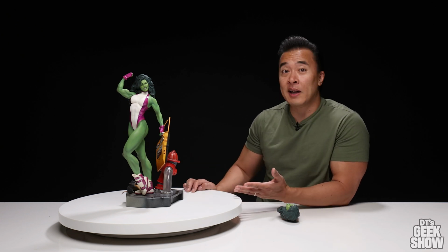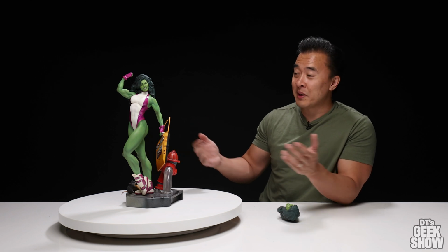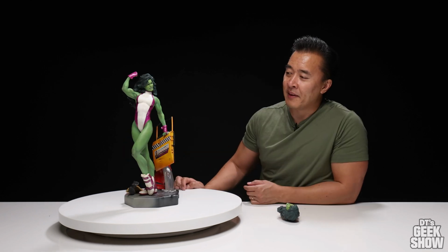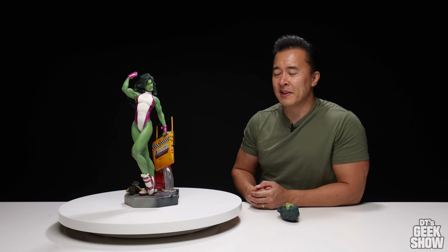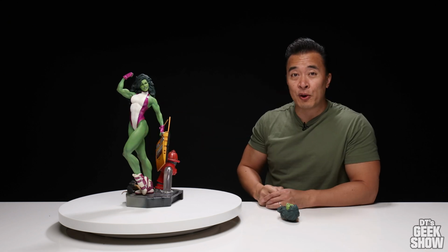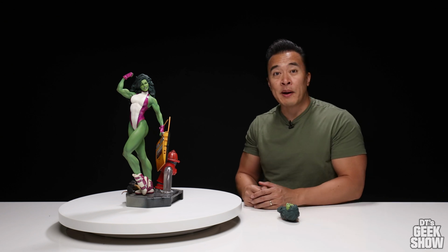So that was my Sideshow She-Hulk that has finally come out of the box after 2 or 3 years in hiding. I like it a lot. I'll have to bring her back out once I get that custom She-Hulk, and we'll do a little bit of a comparison. But for now, this is my She-Hulk. She's gonna go on my desk, and every time I look at her, I will be inspired to go work